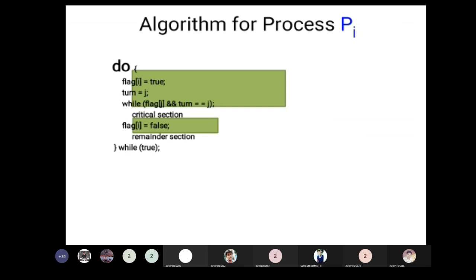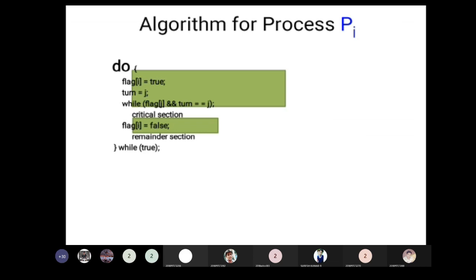So in your algorithm using the Peterson solution, flag of i equal to true means the process i is ready to enter the critical section. Turn equal to j means process j is allowed to enter the critical section now. While flag of j and turn equal to j means the process j is ready to enter the critical section, and the turn is also given to process j, so it is allowed to enter the critical section.